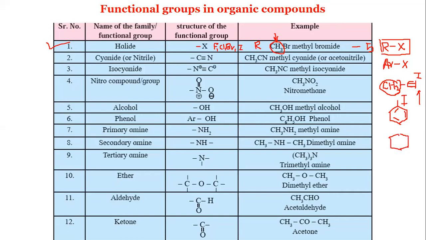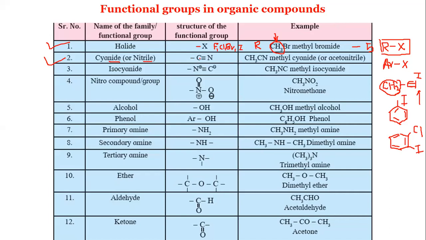If any student doesn't have an example, he can write here, one chlorine is attached here, another iodine we can attach here. So this is also an example. Means we can attach different X groups at different positions. Then I am coming to the second functional group. It is called cyanide or nitrile. Remember the name carefully. It is cyanide, N-I-D-E, or it is also called nitrile,